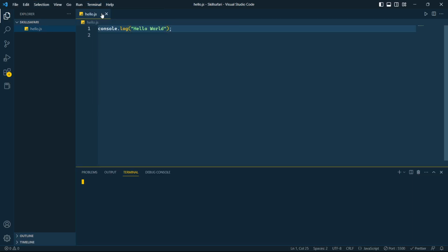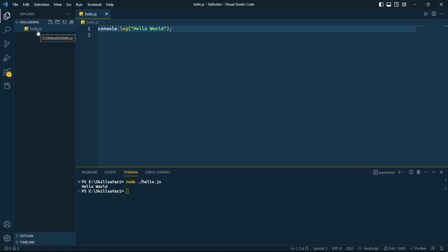Now let's open the terminal. You guys can see over here it is giving us hello world. And this is because of the JS extension over here.